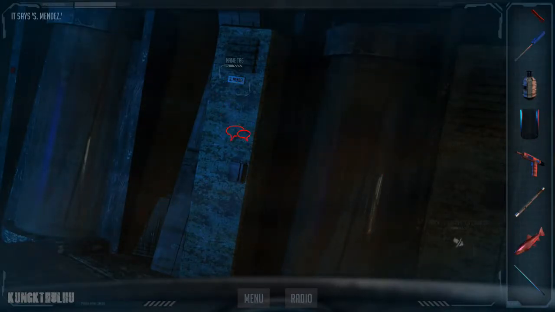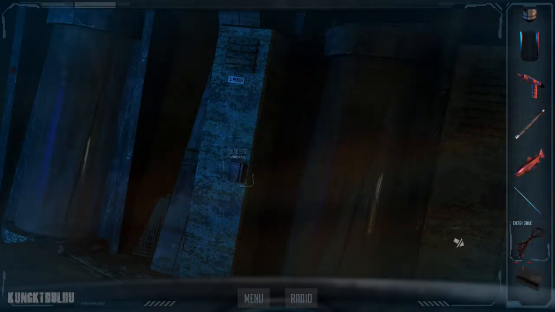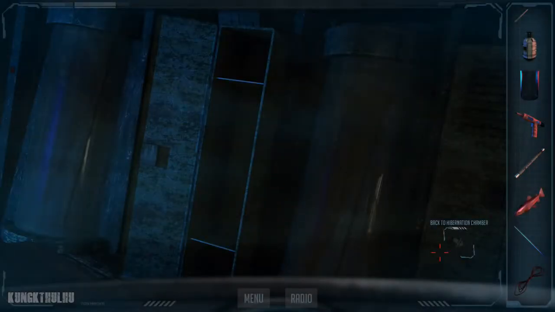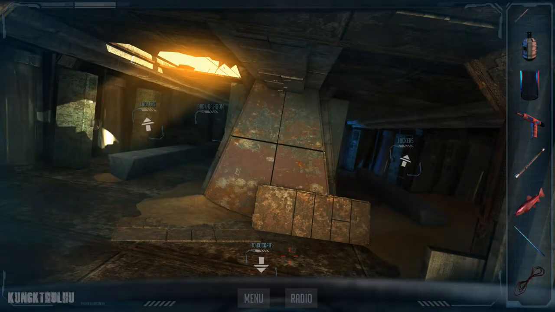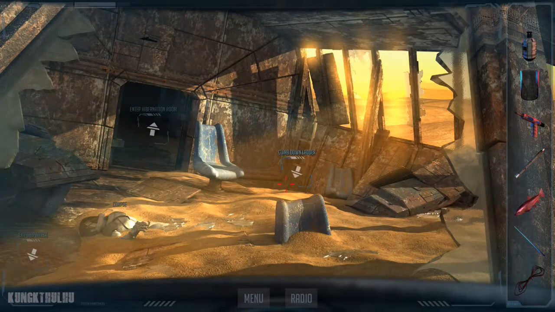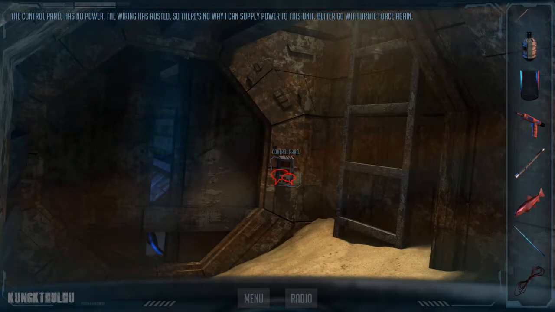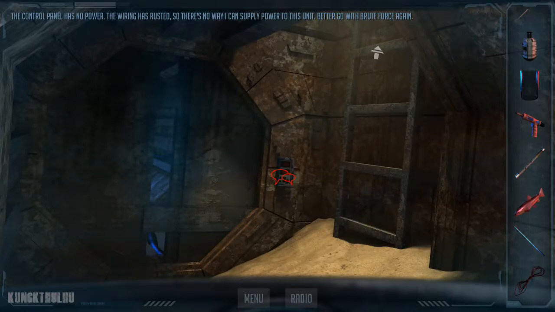It says S. Mendez. The control panel has no power. The wiring has rusted, so there's no way I can supply power to this unit. Better go with brute force again.